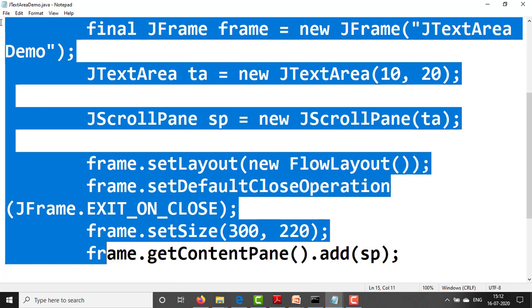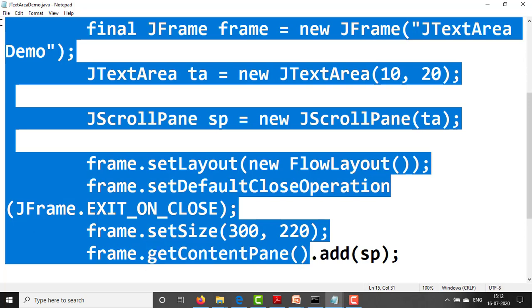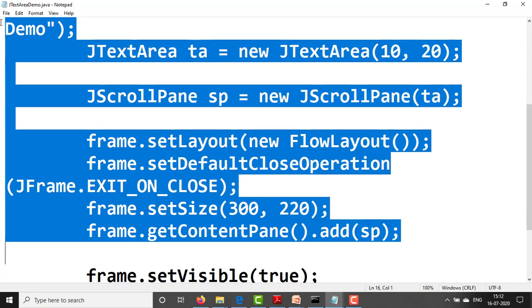Next, we need to get the content pane: frame.getContentPane().add(sp). The scroll pane we have added, and in the scroll pane we have added the ta, the text area, like this.